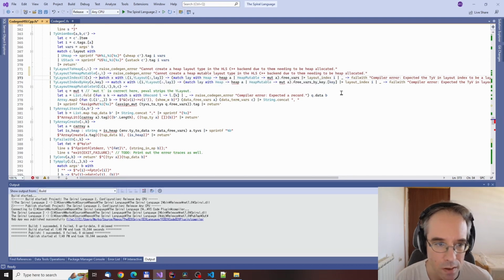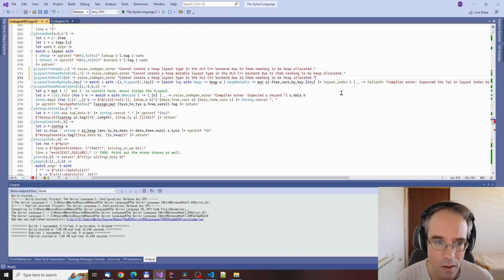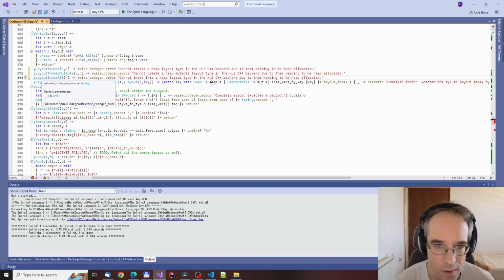Cannot index into a heap layout type in the